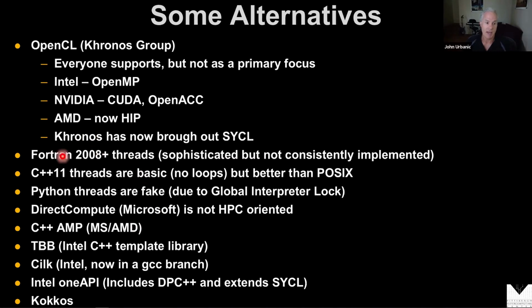Fortran 2008 has threads built into it, along with, as I said, the PGAS version of data parallel stuff. But the compilers do not consistently implement it, they haven't caught up with this. And again, the fact that it came out in 2008 as the standard and compilers are still struggling to catch up with it is a clue that it might have some portability issues.